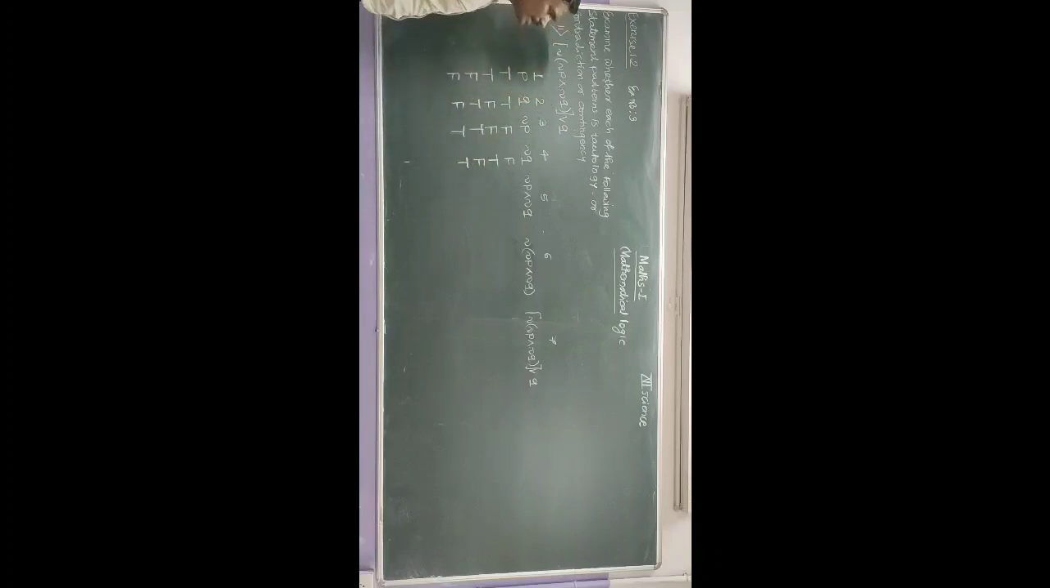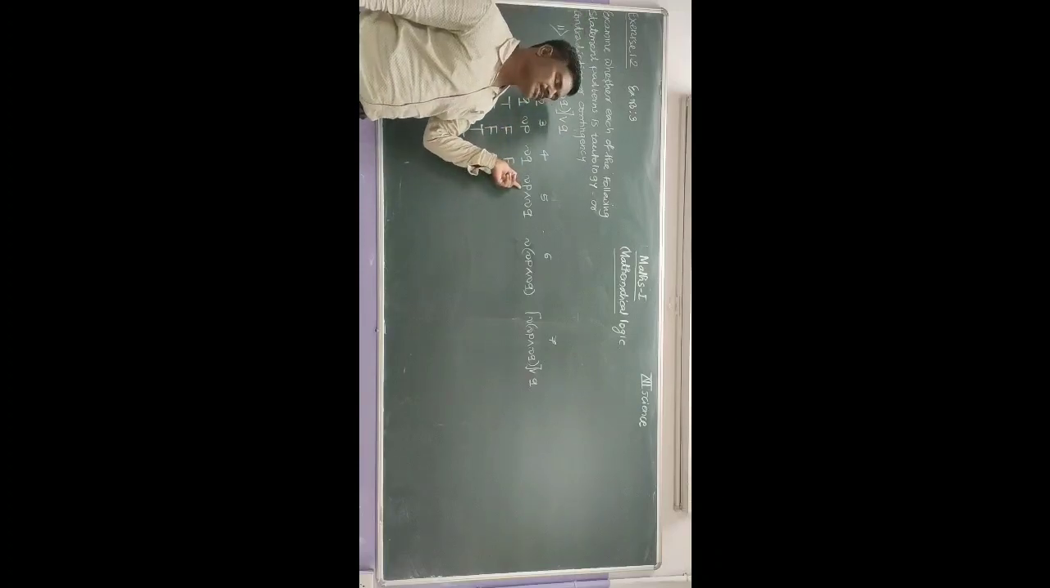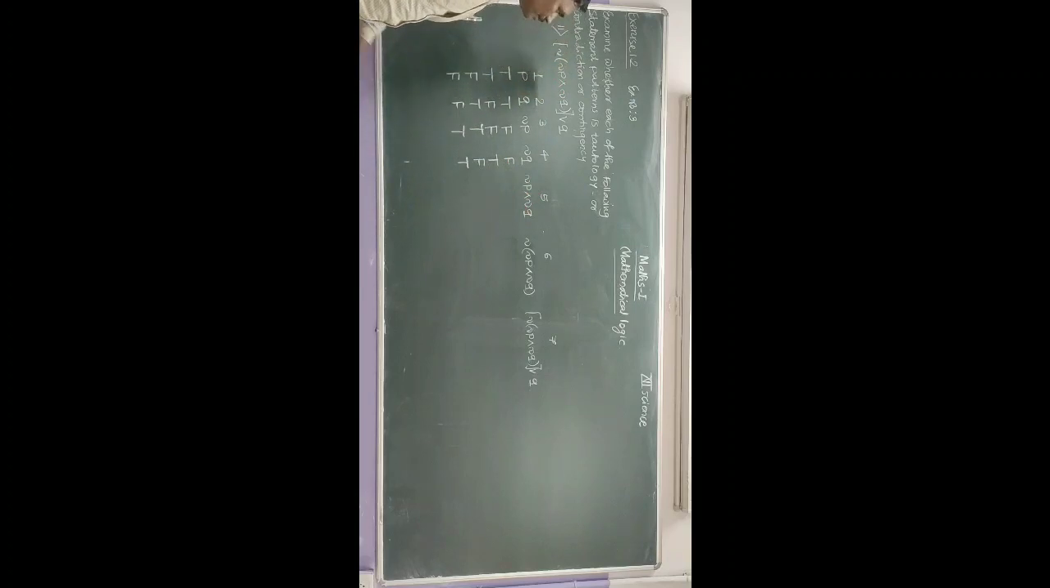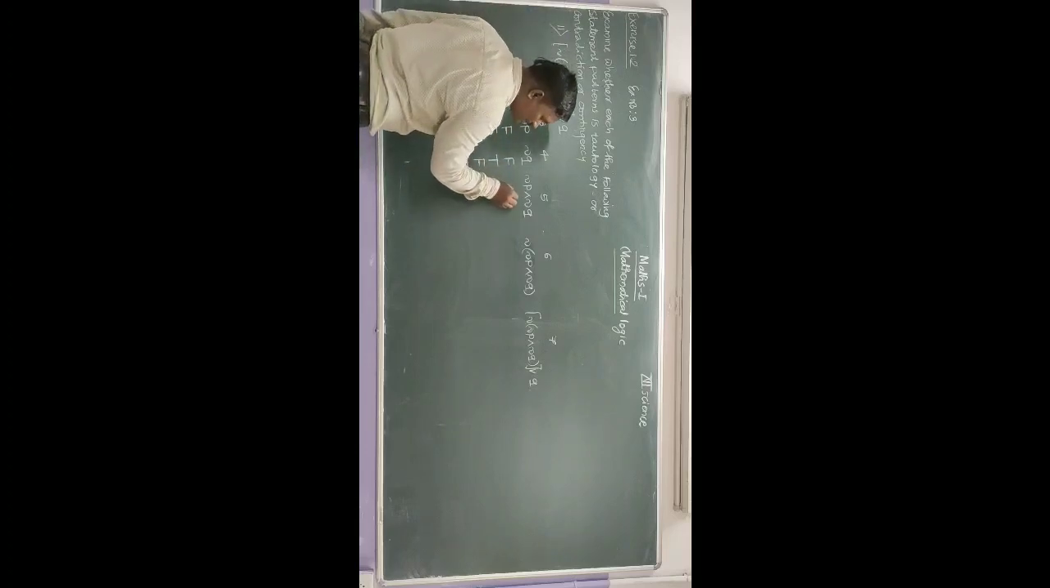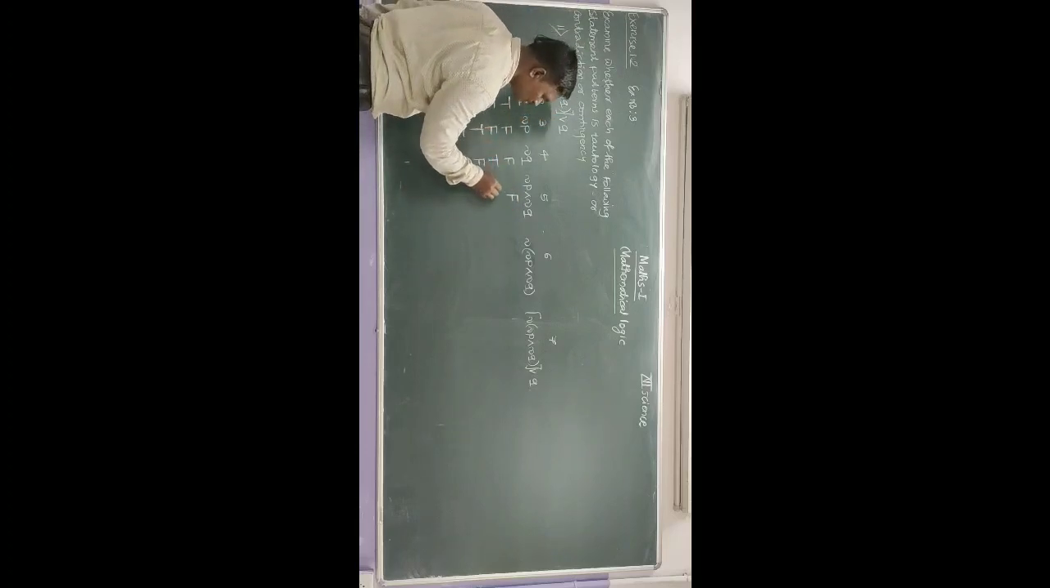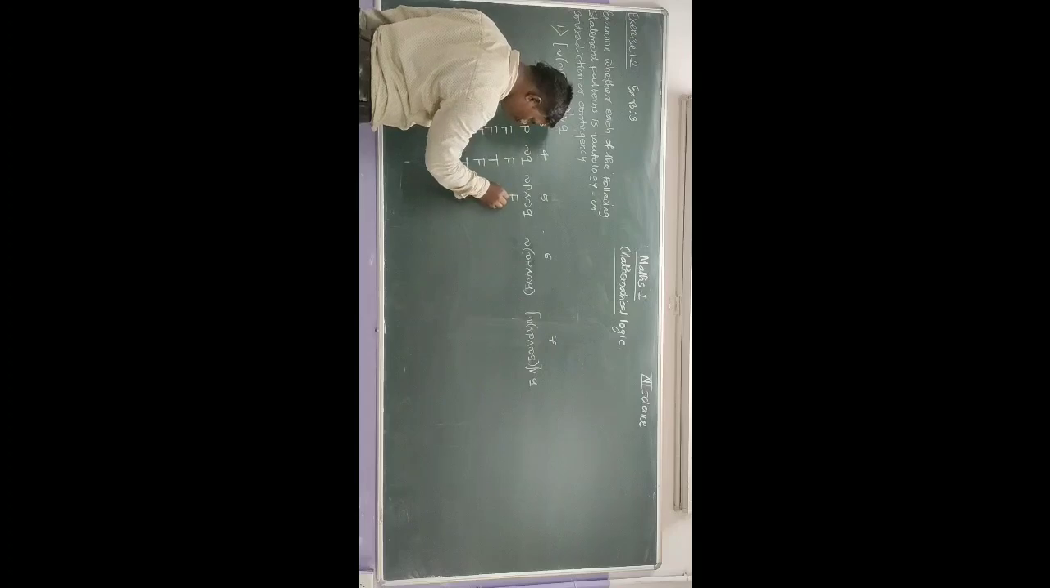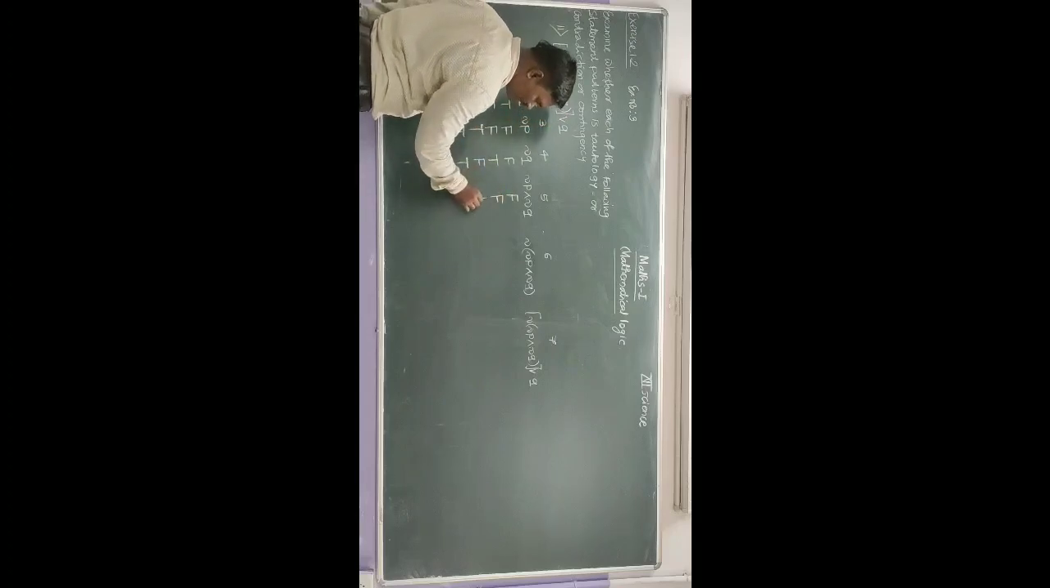Therefore take the conjunction of ~P with ~Q, that is the conjunction of column numbers 3 and 4. False ∧ false is false, false ∧ true is false, true ∧ false is false, true ∧ true is